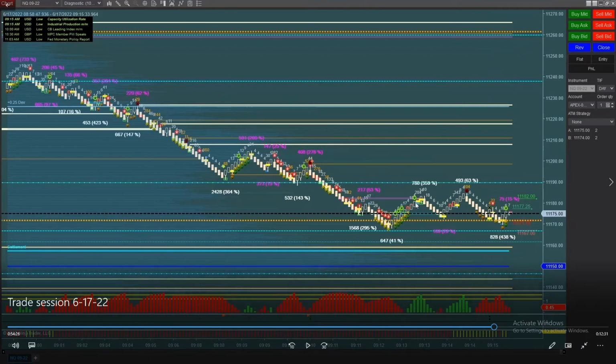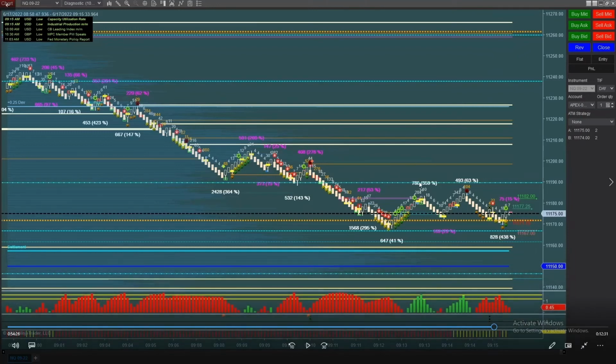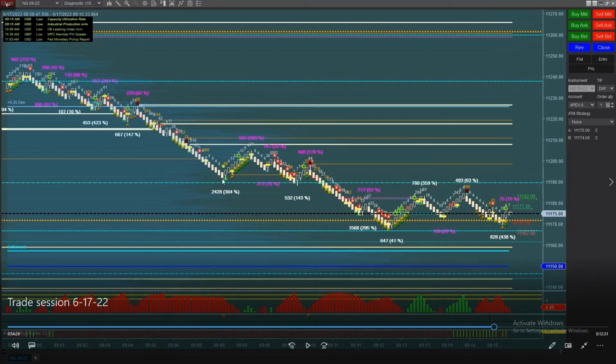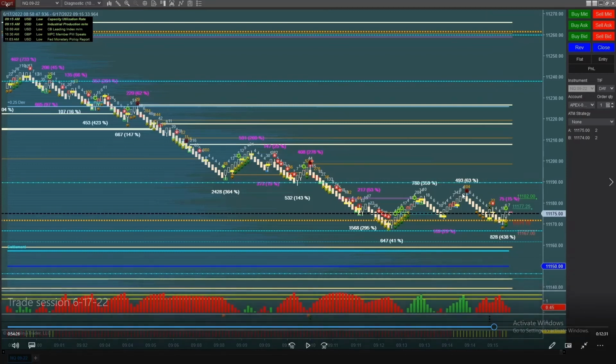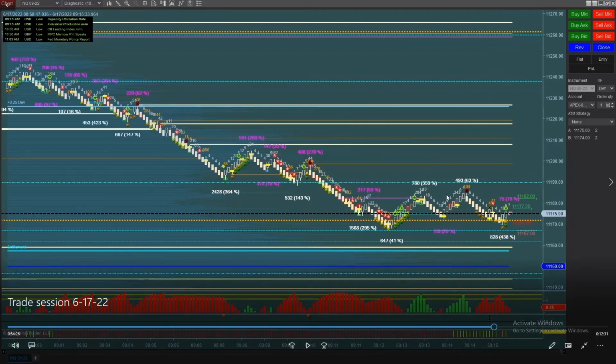Hit the dynamic magnet, pulled back up. It couldn't make it back up to the wall, right? That wall was a bit of a support here. Couldn't make it back up. Hit the dynamic magnet. Hasn't broke the dynamic magnet, really. So if this comes back up and goes higher than these 2 points up here and starts heading to the wall, that wall was a bit of a support, right?